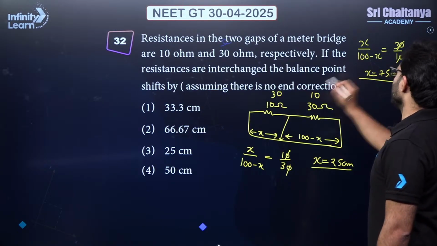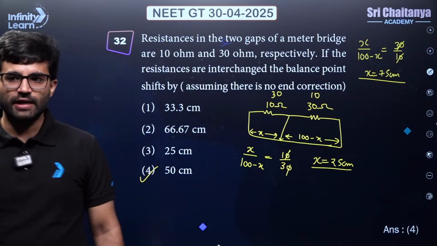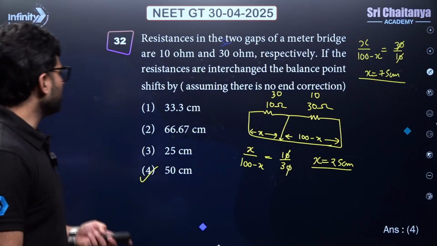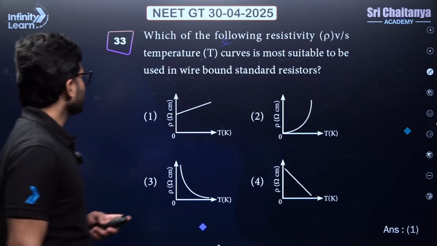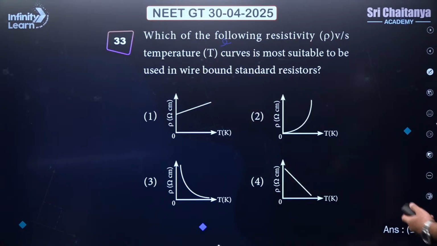And they are asking you the change. What is the change? 75 minus 25, that is 50, right? 75 minus 25, that is 50. Clear? Next. Which of the following resistivity versus temperature curves is most suitable to be used in a wire bound